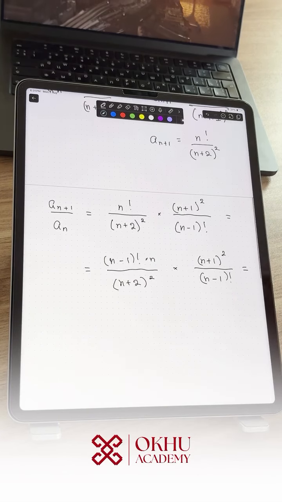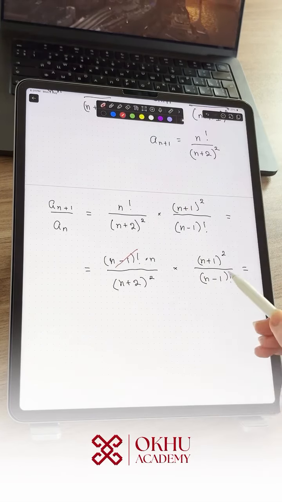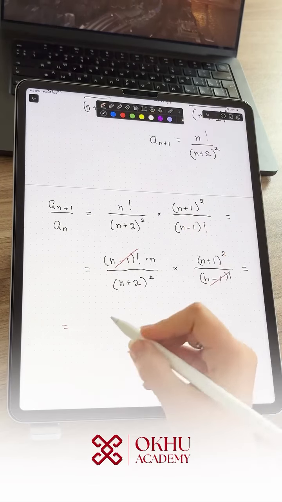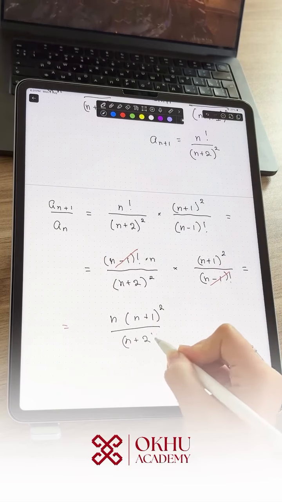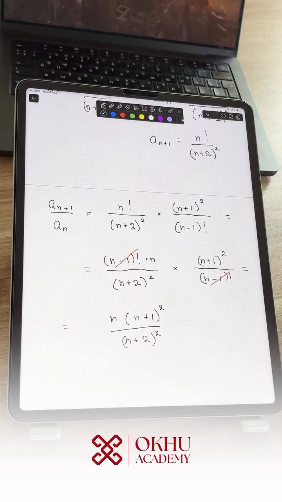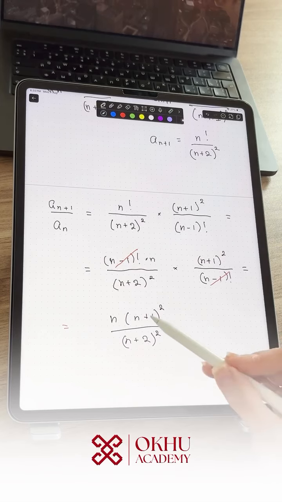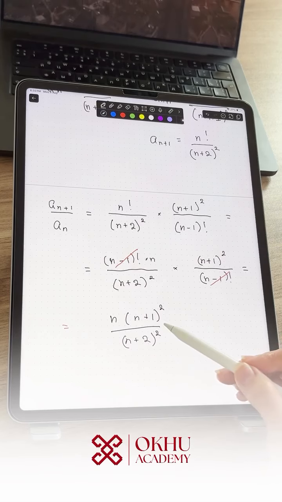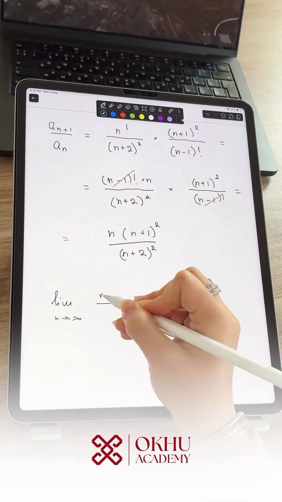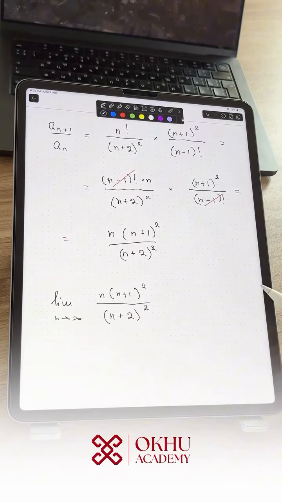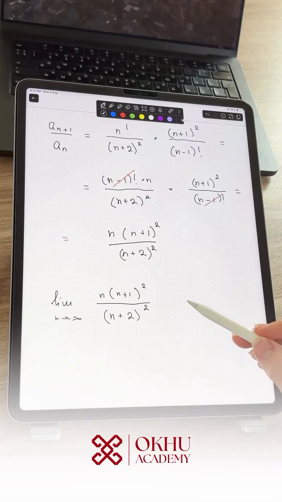Now we can immediately eliminate the (n minus 1) factorials, which is going to give us n times (n plus 1) squared divided by (n plus 2) squared. As a next step of the ratio test, we have to take the absolute value of this expression and take the limit as n tends to plus infinity. Since we don't have any negative term here, because n is a natural number, we can immediately get rid of the absolute values and go for the limit. In order to define if the limit is bigger than 1 or less